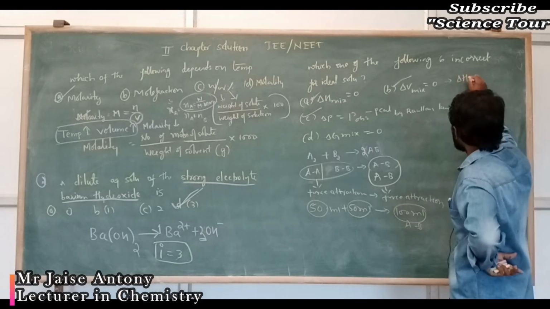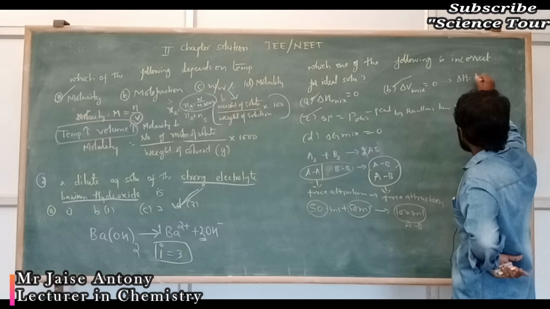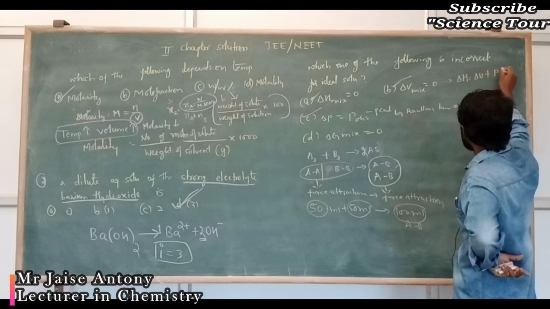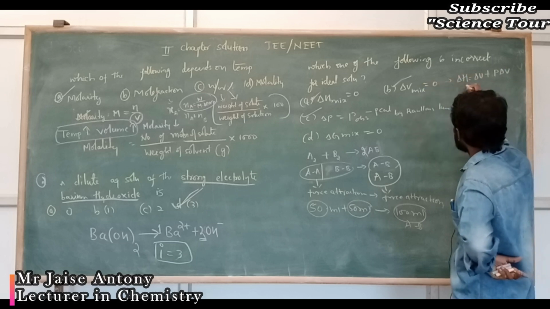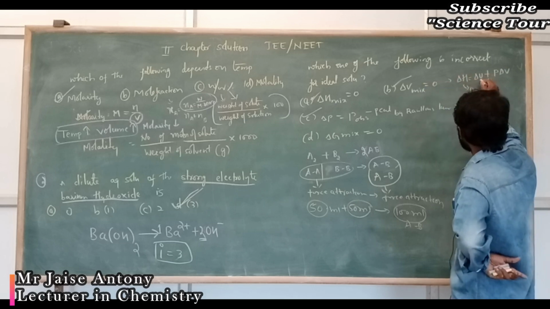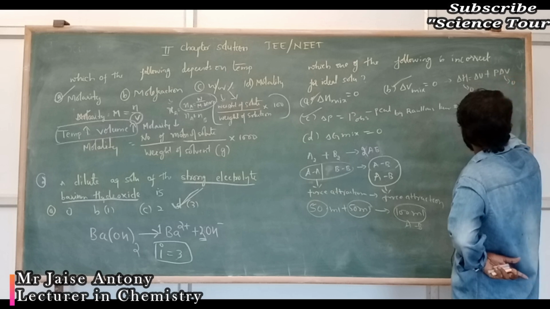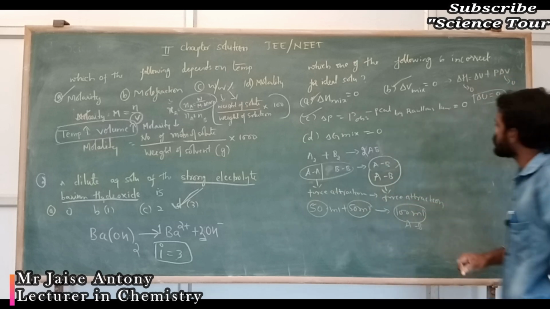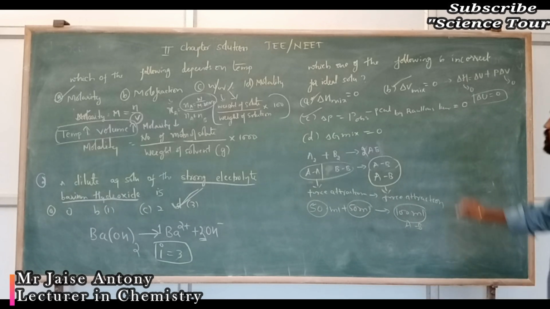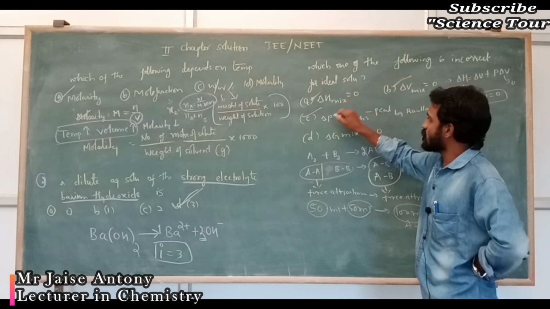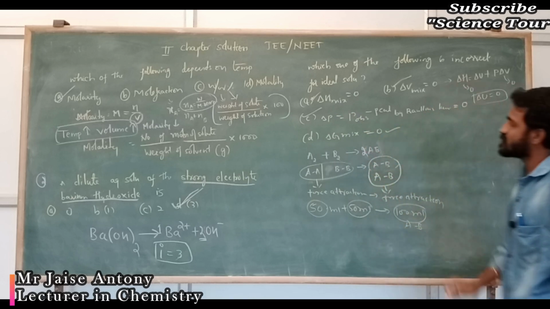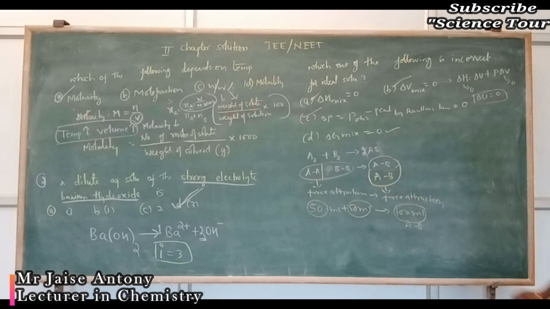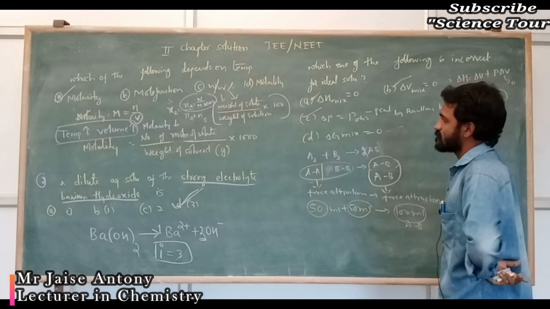Delta H is the enthalpy change, which is equal to the internal energy change plus P delta V, pressure times change in volume. Here they have given delta H equal to 0 and delta V equal to 0, then delta U, the internal energy change, is also equal to 0. So delta V is 0, delta H is 0, delta P is 0. Now we have to check whether delta G mix is equal to 0 is correct or not.